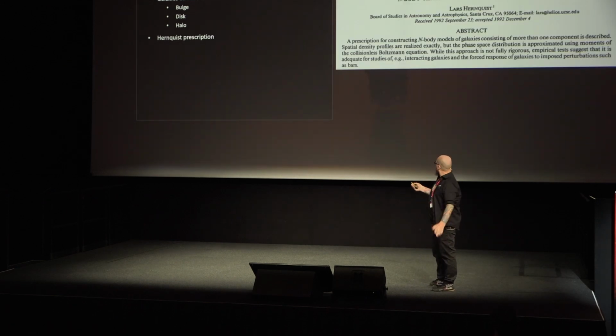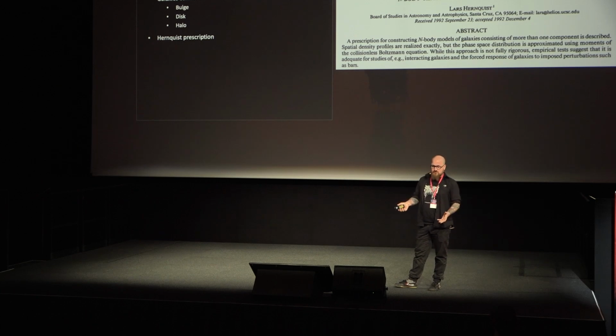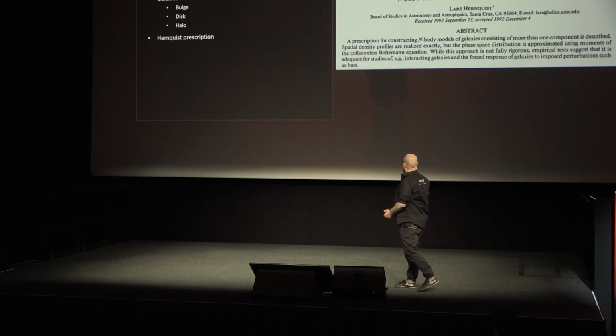And gladly, back in 1992, Lars Hernquist basically created a prescription to generate galaxies. What that really means is just he put forth a few probability density functions that you can sample from, and if you sample from them, you will get something that looks like a galaxy. So that's what we had to implement, and very gladly,